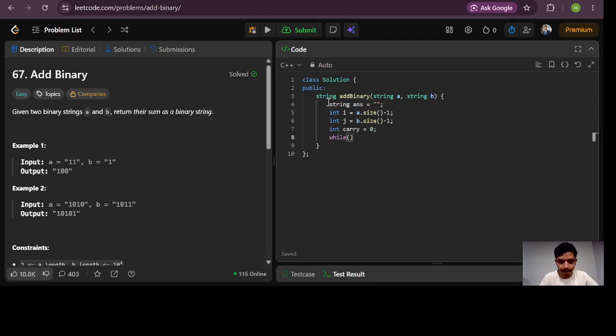While i is greater than or equal to 0, or j is greater than or equal to 0,